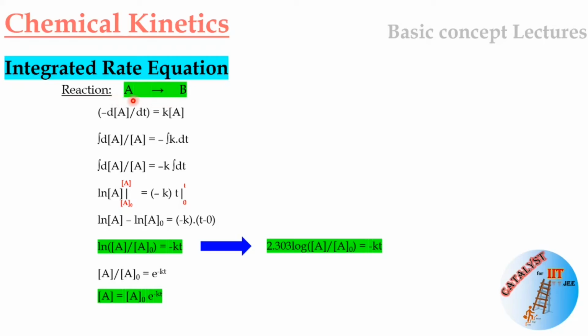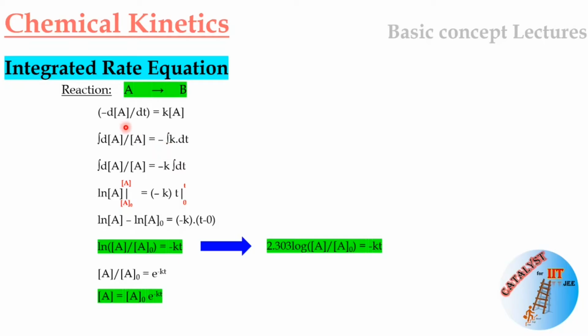Now the reaction you have seen before, and this is the differential rate equation for first order reaction. Now here you see minus dA, and here you see the A. So you need to take all the same type of variables on one side. So I take this A to this side, so I get dA by A, and you put dt on the other side, so you get minus kdt.